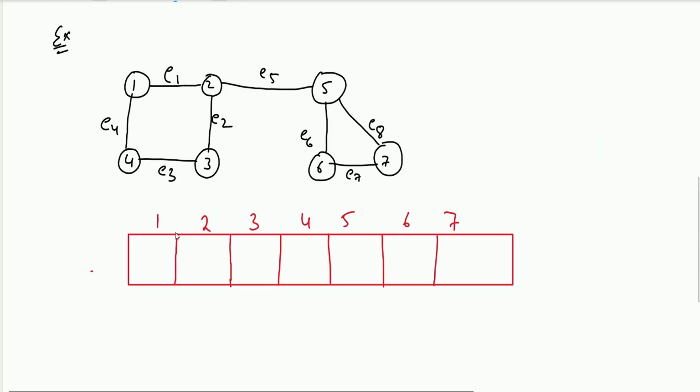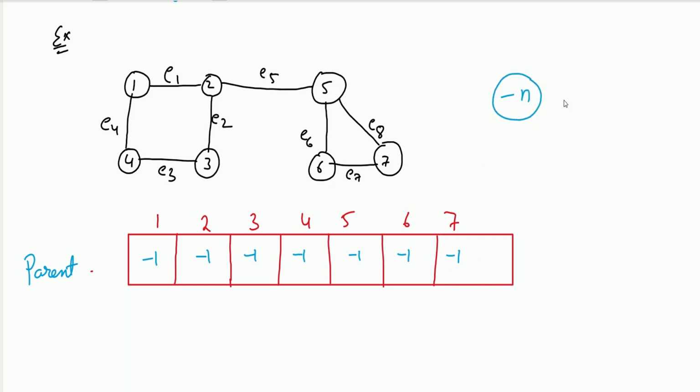Now, this may seem difficult, but it is very easy when we use an array. Let's suppose this is the array and each element represents a vertex here. The name of this array is parent, so basically it is telling who is the parent of which vertex. Initially we will put -1 everywhere. Why -1? Because I'm going to define the weight by this negative number. If something is -n, it means that there are n vertices in that tree. And when we get a negative number, it means that element is the root. So right now, every number is the representative element of itself, or the root of its own tree.